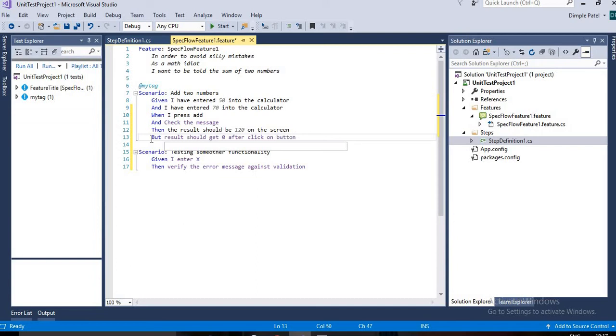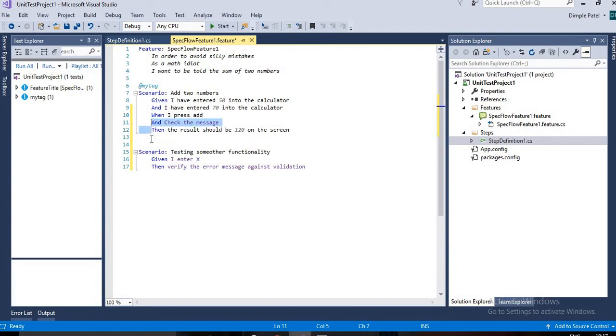So we can use But. And and But are always the same in a sense, but if you want to highlight something in the test case, highlighting the scenario steps, then you can use But. Suppose I logged in 5 days ago but I haven't tried it now, so that highlights that I haven't tried it now. So you can use any of the syntax.